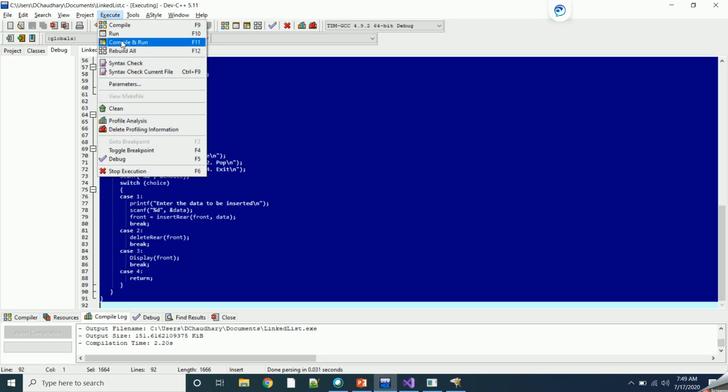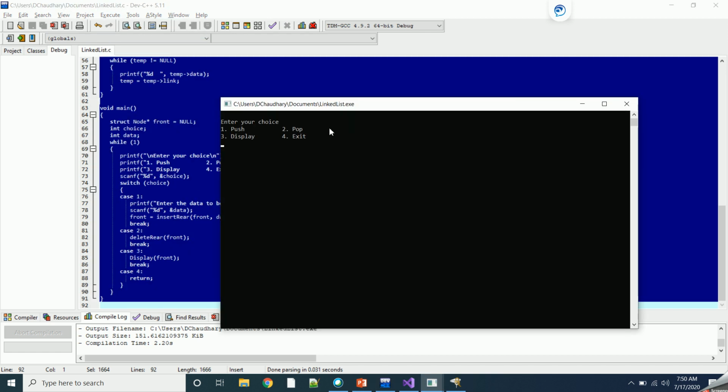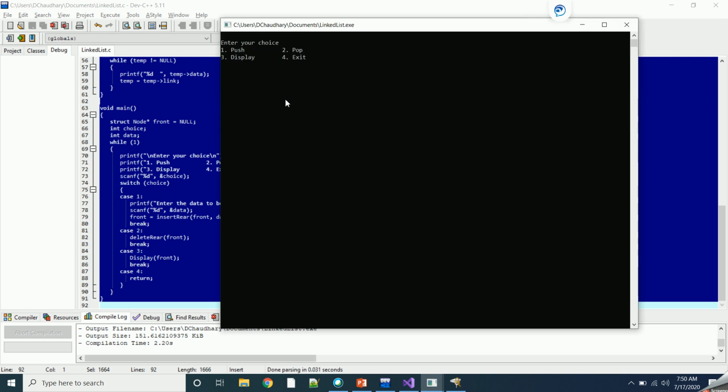Okay, now there can be a situation where you want to create a stack where you want to give some option to the user. So basically you want to give some option to the user while implementing the stack, that he can choose which operation he want to perform, whether he want to perform push operation, pop operation, or want to display the content of the stack. So here suppose 1 means adding the element, 2 means deleting the element, 3 means displaying the element, and 4 means exit.